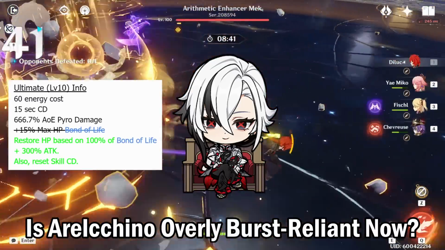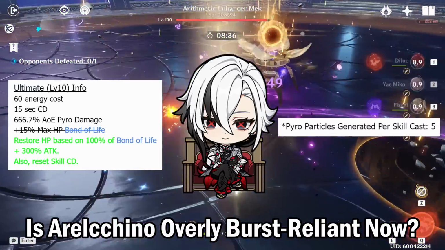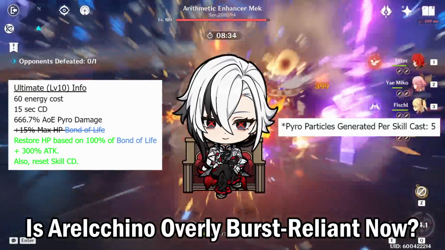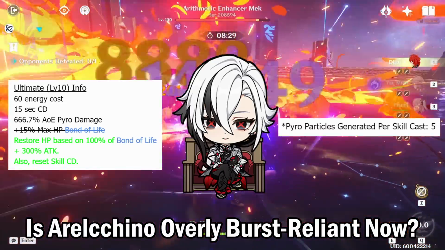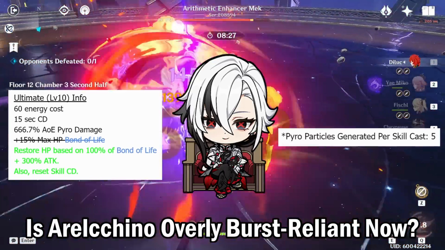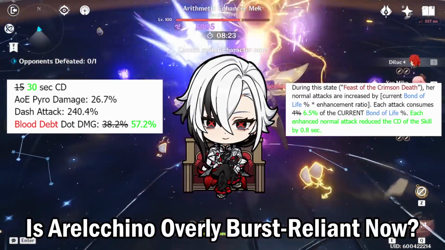And with the ability to skill twice and each skill giving 5 pyro particles, that's 10 pyro particles that Arlecchino will catch. That's a lot of energy, and combined with teammates such as Double Electro for Electro Resonance, she could potentially run no ER and still get her burst back up every rotation. Her skill cooldown is 30 seconds, but in a proper rotation, you should be able to get at least 50